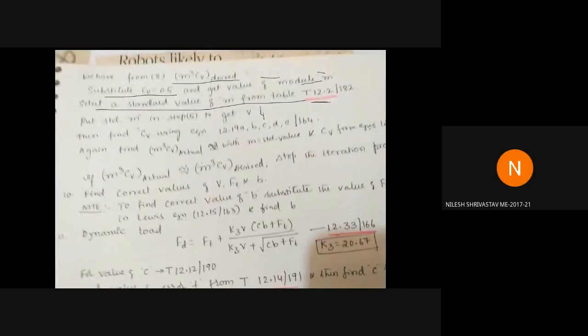Are you there? After taking standard module m, go to step 5 to find out surface velocity. Substitute the value of module m, because by that time I know Z and N values for the weaker of the gear pair. Substitute the standard value of m. What I am going to get is the value of V in meters per second. Do you agree with me? Yes, sir.